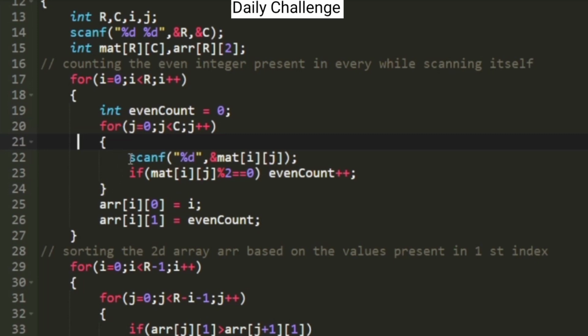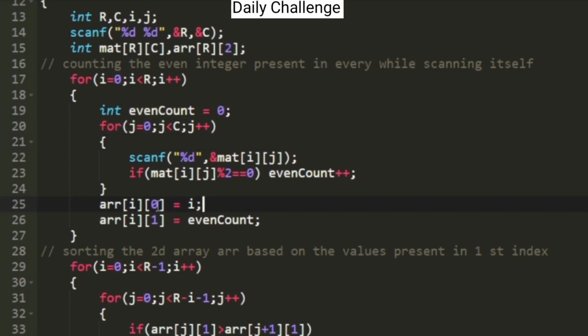Whenever it is accepting a value, we are checking whether the value is even or not using an if condition. If the value is even, we are going to increment the value of count. So after the execution of this for loop, the number of even integers present in the row would be stored in the variable named even count.